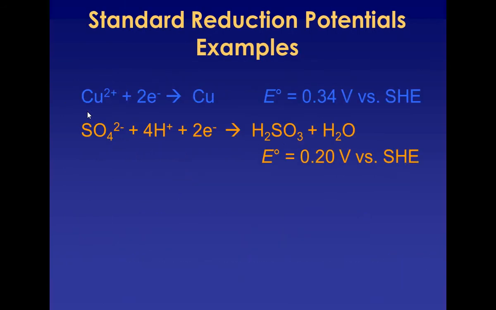So there are two reduction potential examples. We see the voltage versus the SHE. I'm not going to be writing the versus SHE after this. But when we combine our reduction and our oxidation half reactions in a galvanic cell, the two voltages should give us, when combined together, a positive overall voltage for the cell to be a galvanic cell, for it to occur